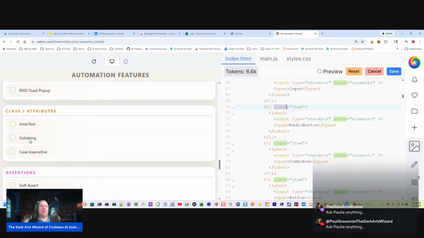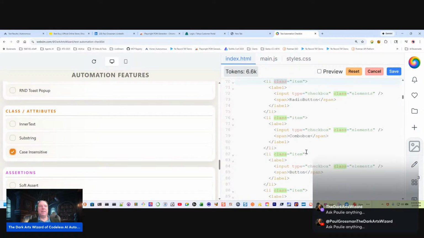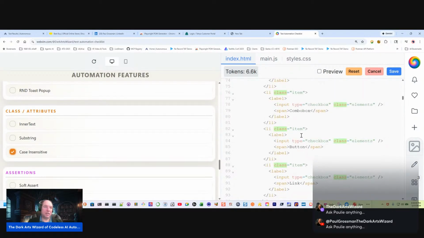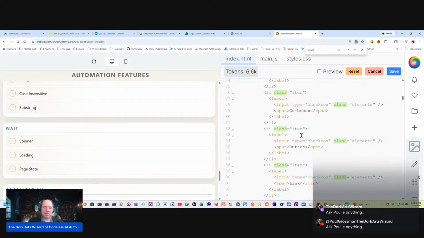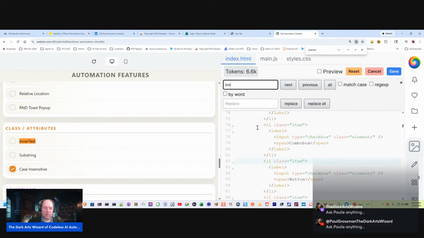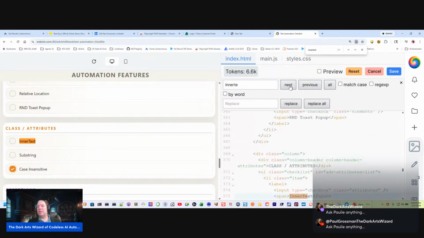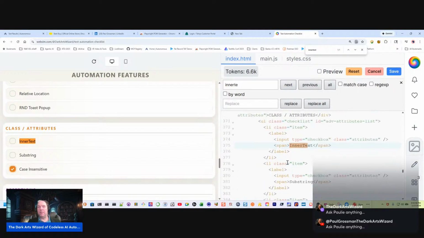Class and attributes: inner string, substring, and case insensitive. There is another one to add there. Let's see, we'll find inner text. Okay, where's our inner text? Over here. Control find inner text. Next. Let's go this one. Okay, we have inner text. And after that is substring. Substring, yes. The other one we want to look for in class attributes, for an advanced one,